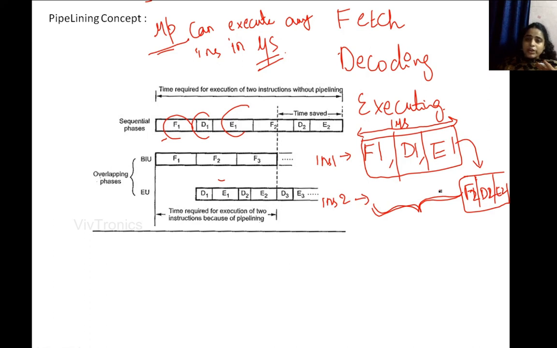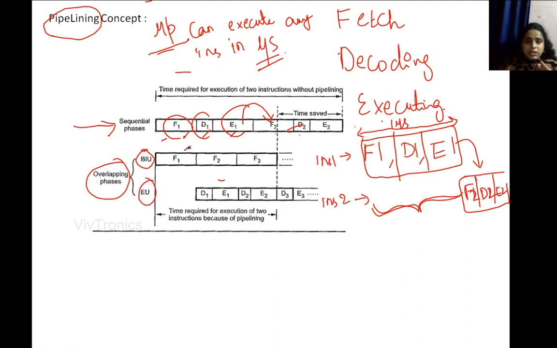So in order to reduce the time, there is a concept called pipelining that we have used in our 8086 architecture. Okay, so here if you see sequential phases, this is the non-pipelining one. Sequential phases means fetching, decoding, executing, and after execution of this one, F2, D2, E2, like that it goes F3, D3, E3, like that it will go. So overlapping phases means in 8086 architecture we will be having 2 units, and those are